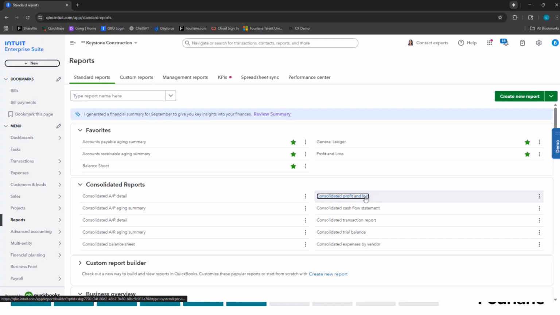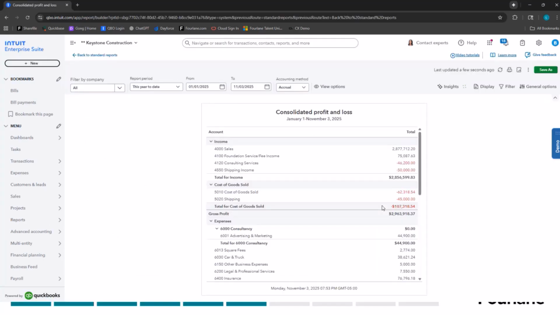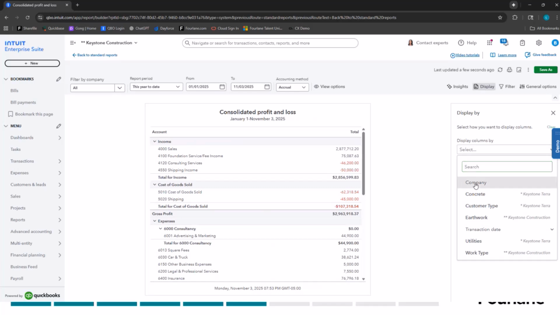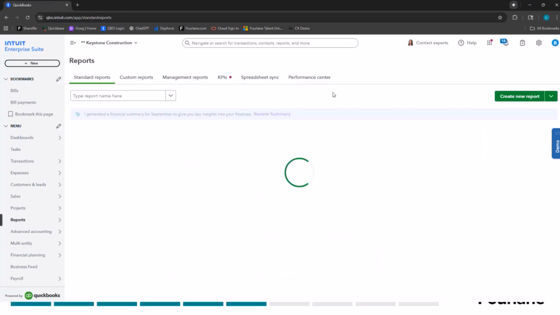Here I can grab my consolidated P&L. Now this is just showing me a total for both companies, but I can go to display and select to display by company. This is where it breaks down each entity individually, gives me my elimination column, and then my total column. I can do the same thing with the balance sheet,